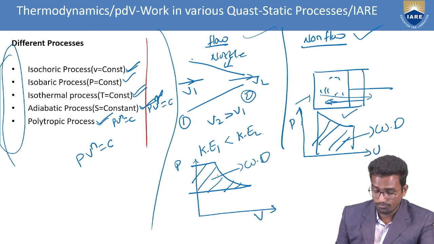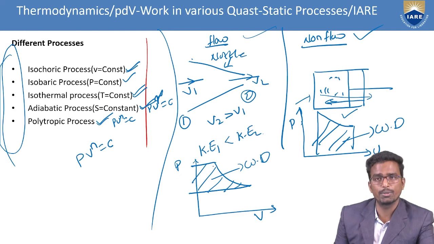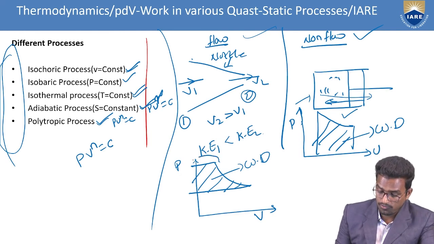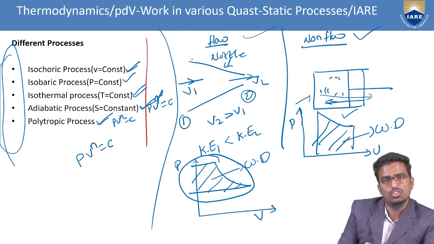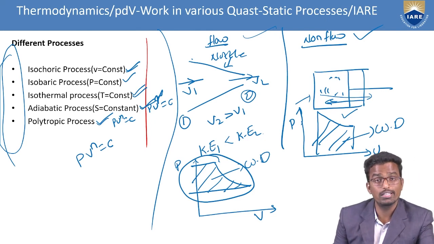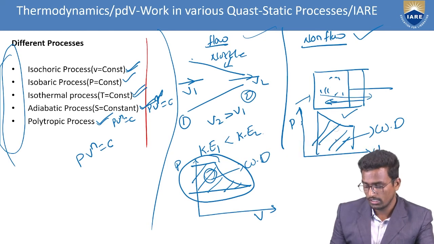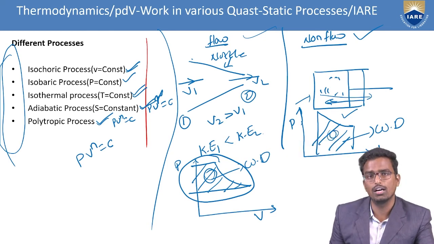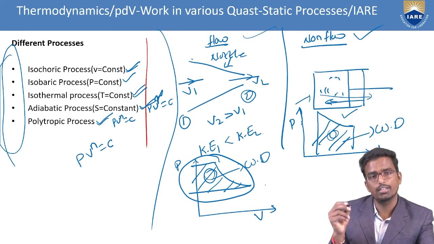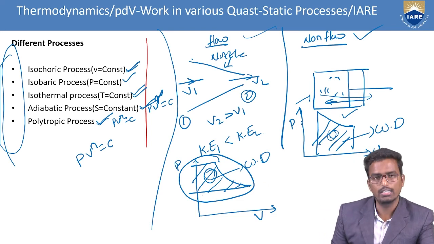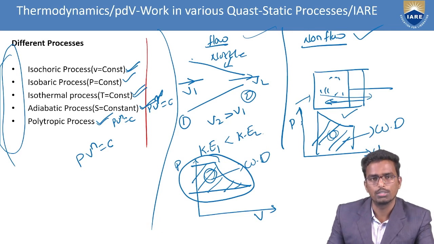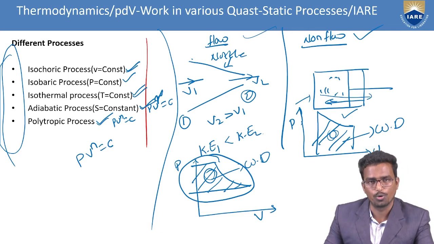If you want to find the work done with respect to the PV diagram in the flow process, the area to the left of the PV diagram is the work done. So you find the amount of area, and that much work is done. In a non-flow process, you draw the PV diagram and the area under the curve you consider the amount of work done on that system. Work done on the left side you call a flow process; work done at the bottom, under the curve, we call a non-flow process.